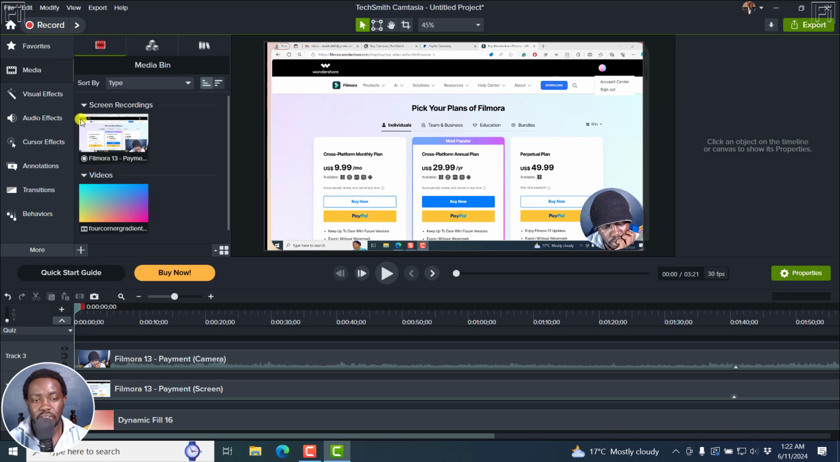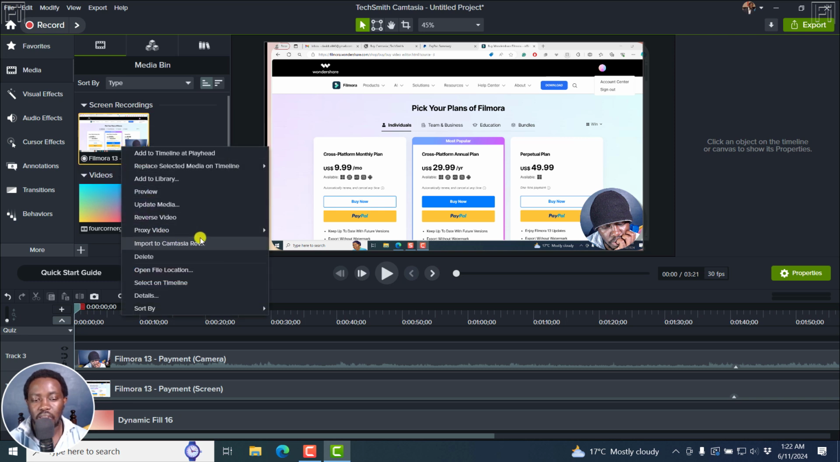That is from the home interface. But if you're inside here, what you can do is just right click on your media and import to Camtasia Rev. And this is a screen recording, so it's actually going to import the same way right here, and you can start working on it. So that is how you can use the import feature in Camtasia Rev in Camtasia 2024